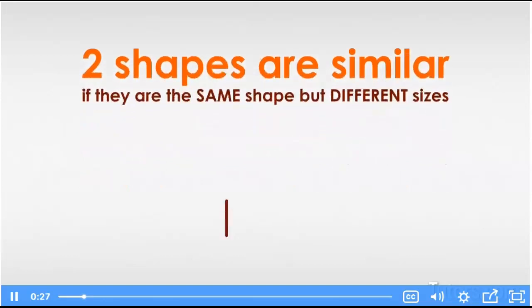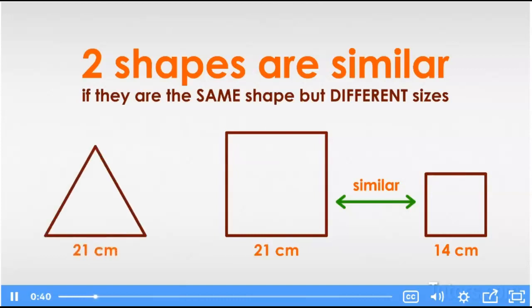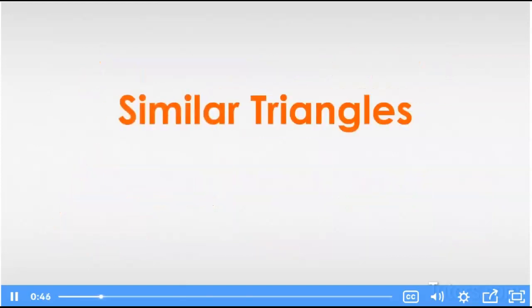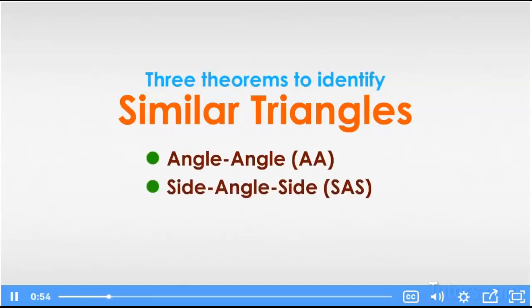For example, you could have a square with sides that are 21 centimeters and a square with sides that are 14 centimeters. They would be similar. But if you compare one of those squares to an equilateral triangle, they are not similar because they are different shapes. Similar triangles are easy to identify because you can apply three theorems specific to triangles, known as angle-angle, side-angle-side,